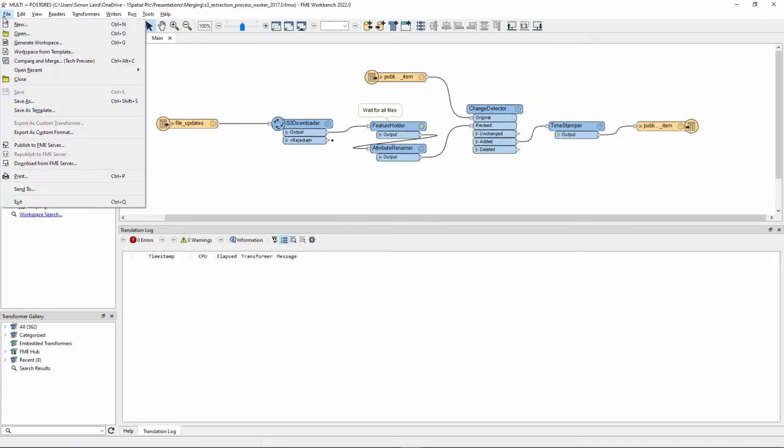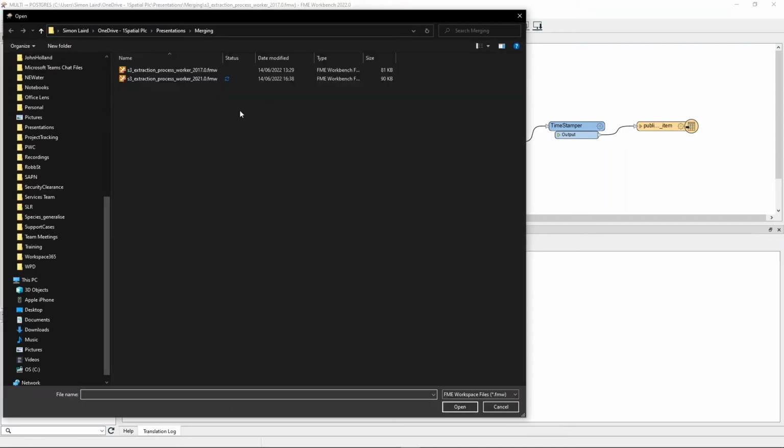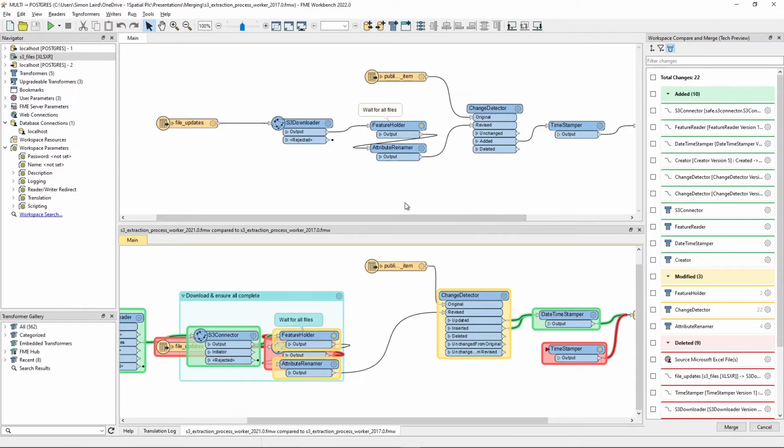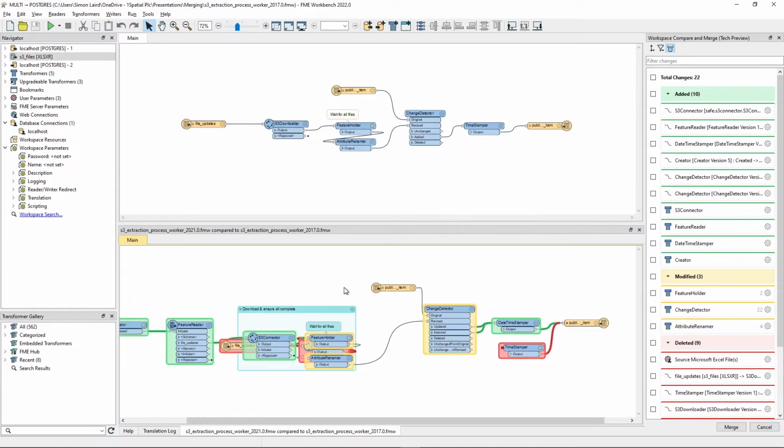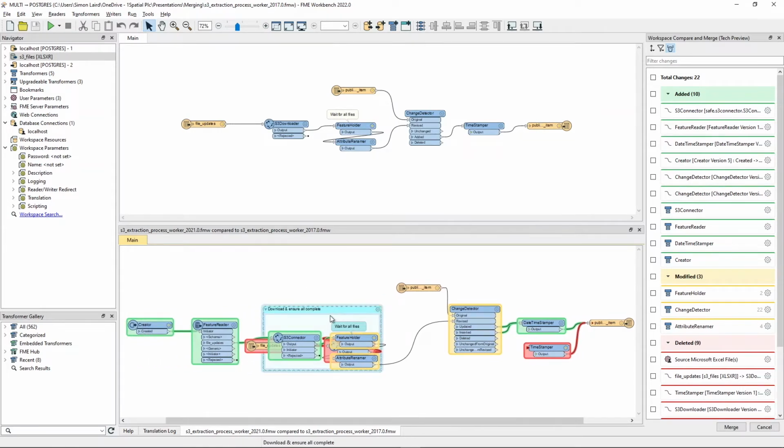In this FME Workbench 2022.0 version, what we can do is go File and then Compare and Merge. This is the way we can get access to this function. As you can see here, we've got two workspaces. This particular one I'm going to open is the newer version, which is the 2021 version. And now what we can see here is FME has gone and done a comparison of those two particular workspaces. Highlighted in the bottom is, I guess, a marked up or annotated copy of our new workspace, the